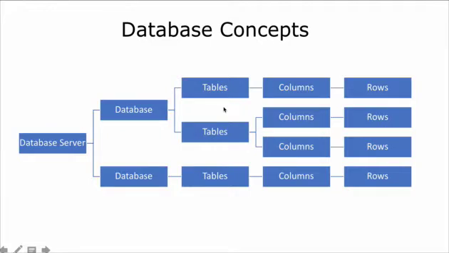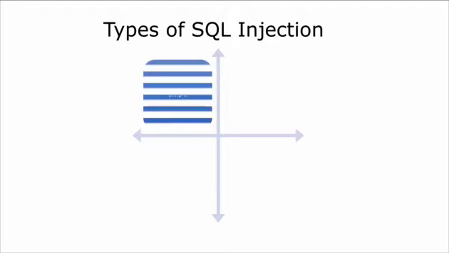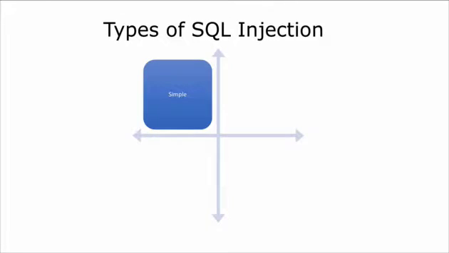Let's move on. Let's look at the types of SQL injection. At the simplest level, we have simple SQL injection. That's generally when you put in an unvalidated SQL script and you get something back. And we'll see a demo of that later. We also have what's called blind SQL injection. It's similar to simple SQL injection. The only difference is you're not getting data back into the browser, but you are still injecting data or scripts